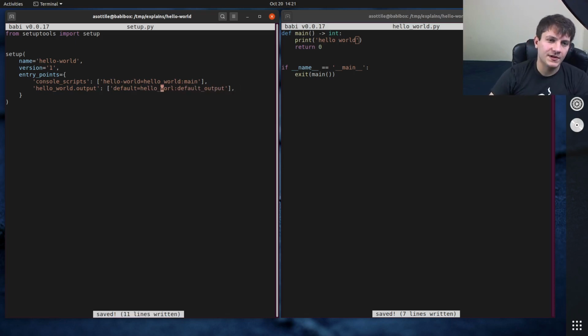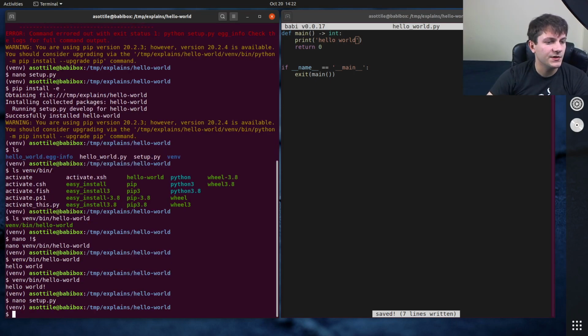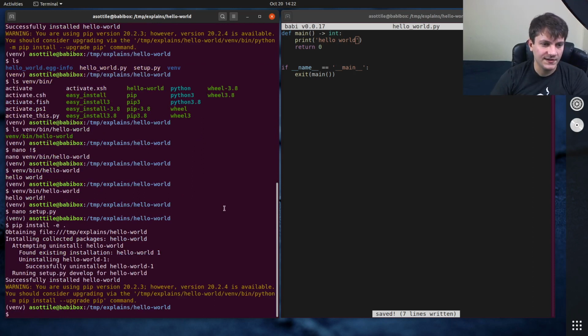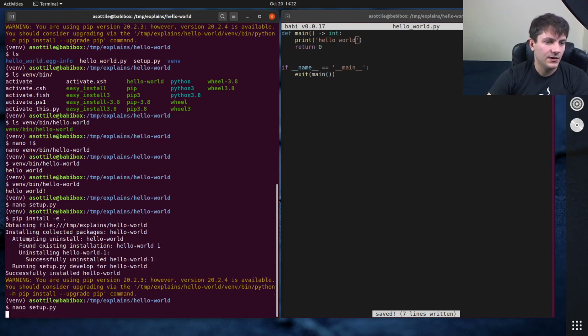Hello World, we gotta spell this correctly. The other interesting thing about entry points is you have to reinstall anytime you change these because they're part of the packaging metadata. So we're gonna do pip install -e dot again to refresh that, and we need to actually